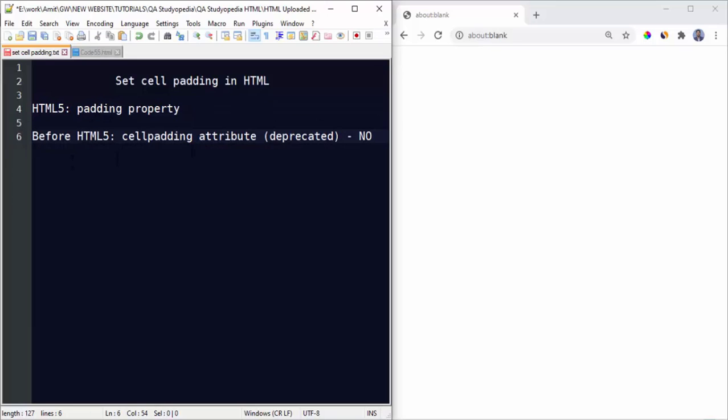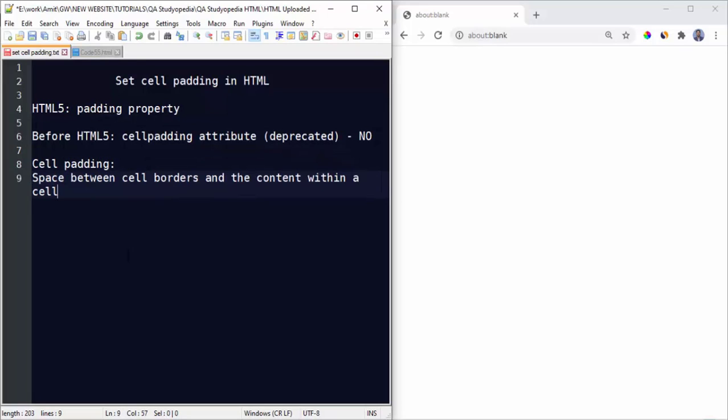So what is padding first? Cell padding. It is actually the space between the cell borders and the content. So within a cell, this is the space between the cell borders and the content. So when we see the example, we will